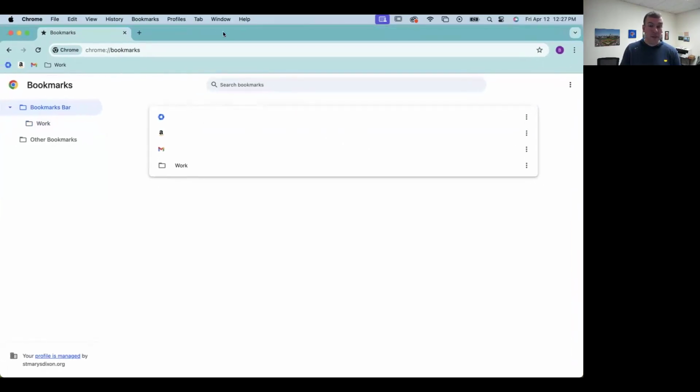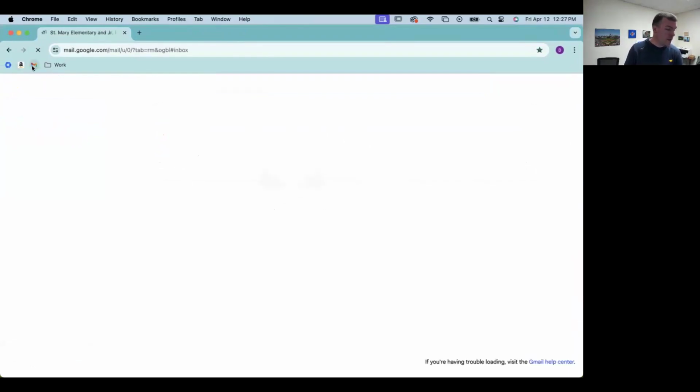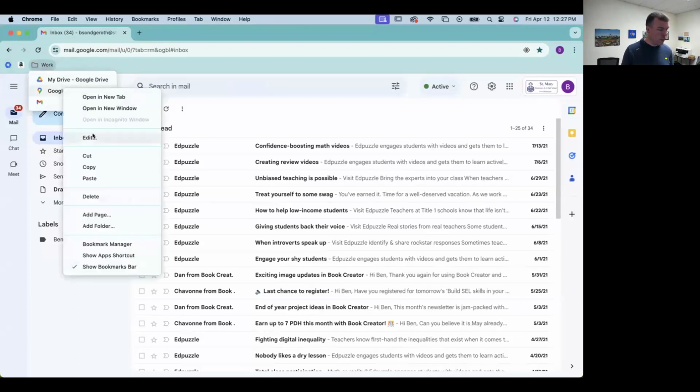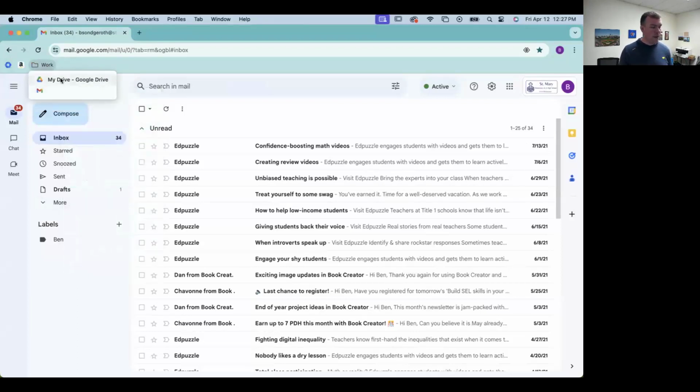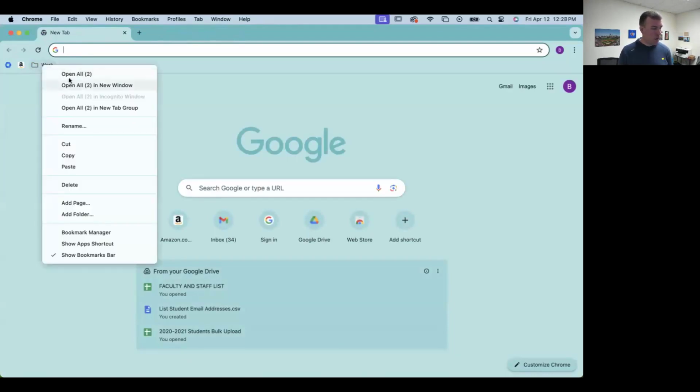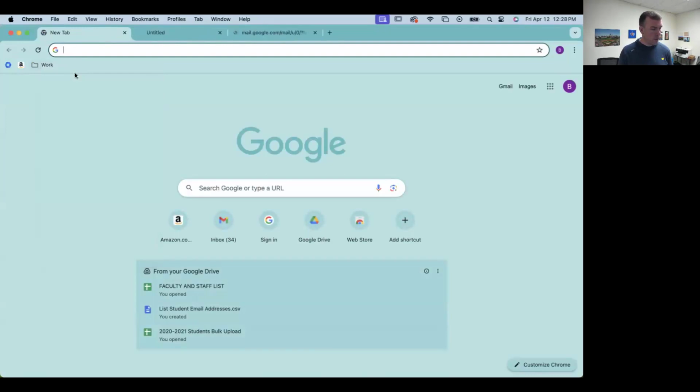So I'm going to give you guys a bonus Chrome tip here. A couple of new things. Hopefully they have made their way to Minnesota, and that we're able to do this. One of the things that's pretty neat that we can do in Chrome, I guess this falls in line with bookmarks. If I put my Gmail into work here, I'm going to remove Google Maps. But if I have my Drive and I have Gmail in this bookmark folder, if you right click on the folder, you can say open all,